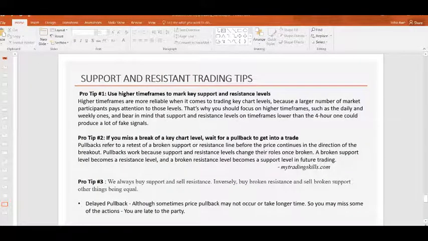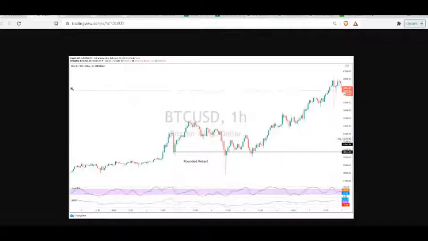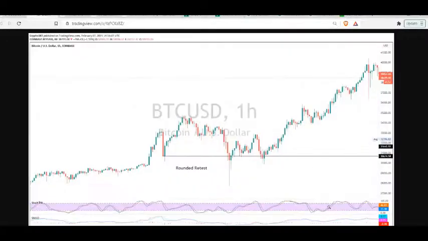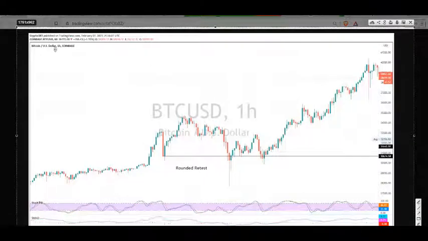There are two types of retest. Let's go to charts and look at it. All right, let's look at this. I think Bitcoin. Yeah, this is Bitcoin. This is a support line. In this support line, if we extend